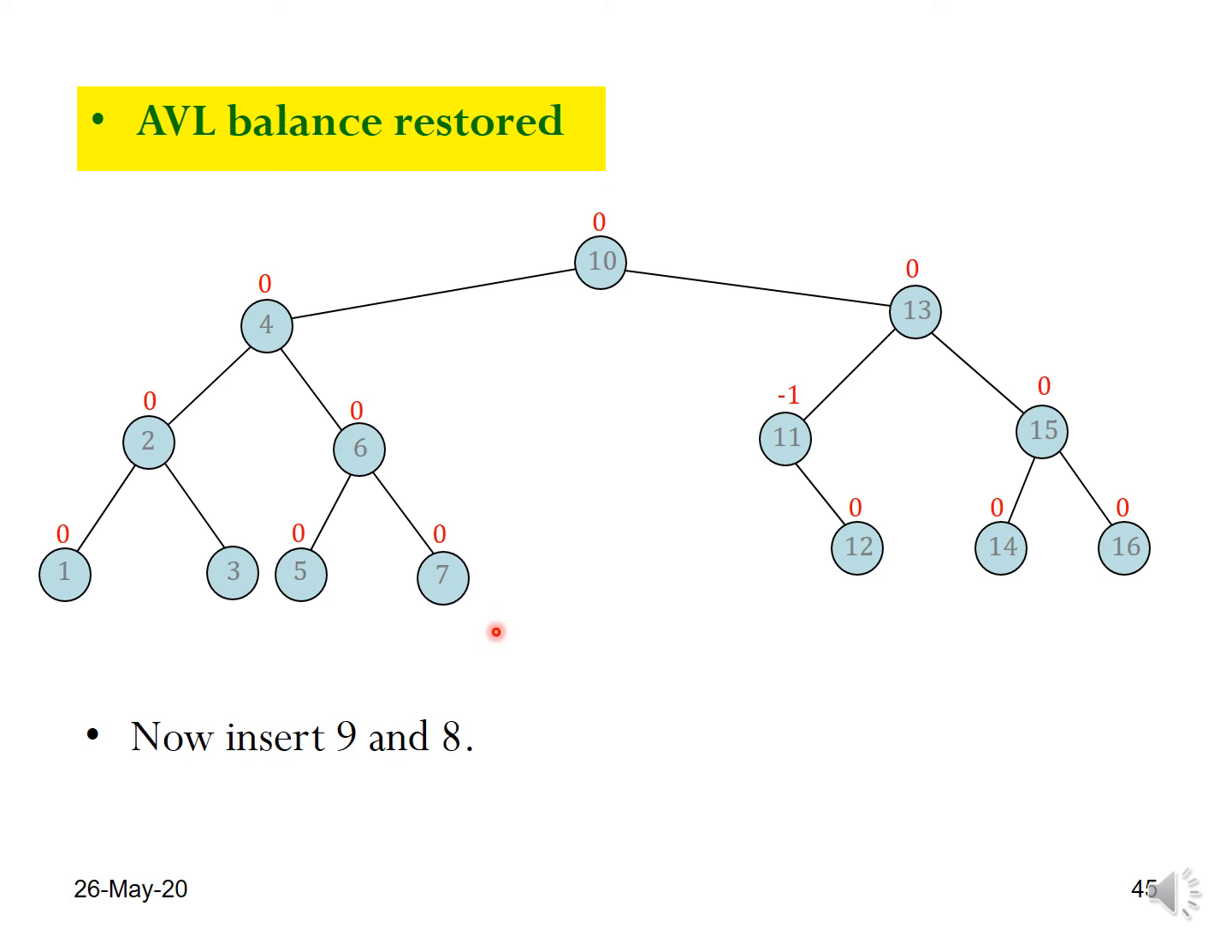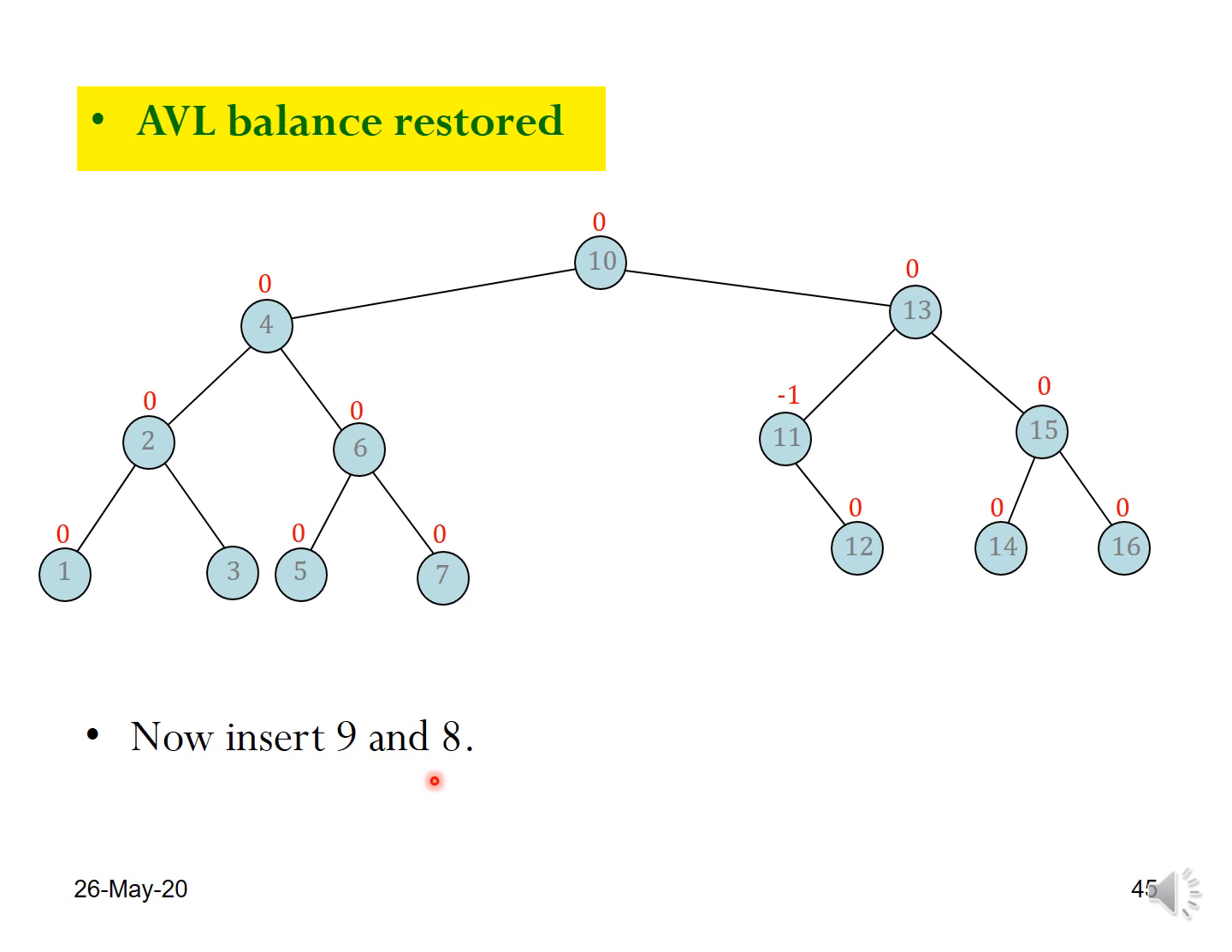So here we can say this is 0, this is 0, 0, 0, 0, 0, 0, 0, minus 1, this is the balance factor of this is minus 1, this is 0, this is 2 minus 2, 0, again this is 3 minus 3, 0, this is 2 minus 2. So we can say this is an AVL tree because it has restored its balance. Now we can insert